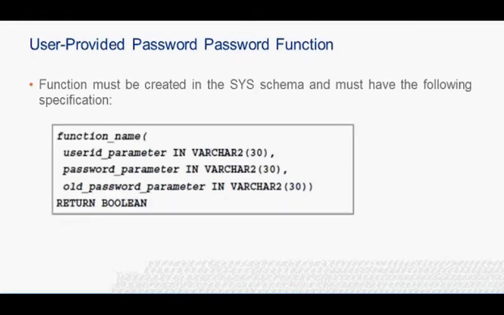When a new password verification function is added, the database administrator must consider the following restrictions. The procedure must use the specification indicated in the slide. The procedure returns the value true for success and false for failure. If the password function raises an exception, an error is returned and the alter user or create user command is terminated. The password function is owned by the sys user. If the password function becomes invalid, an error message is returned and the alter user or create user command is terminated.